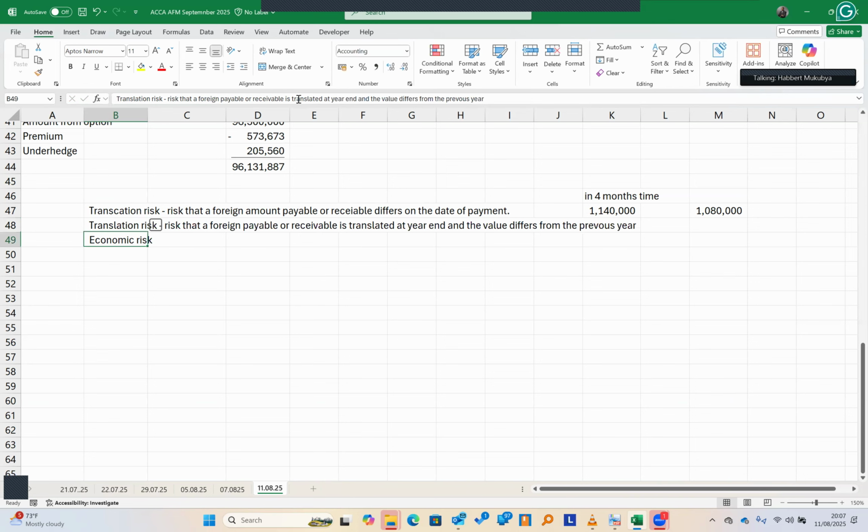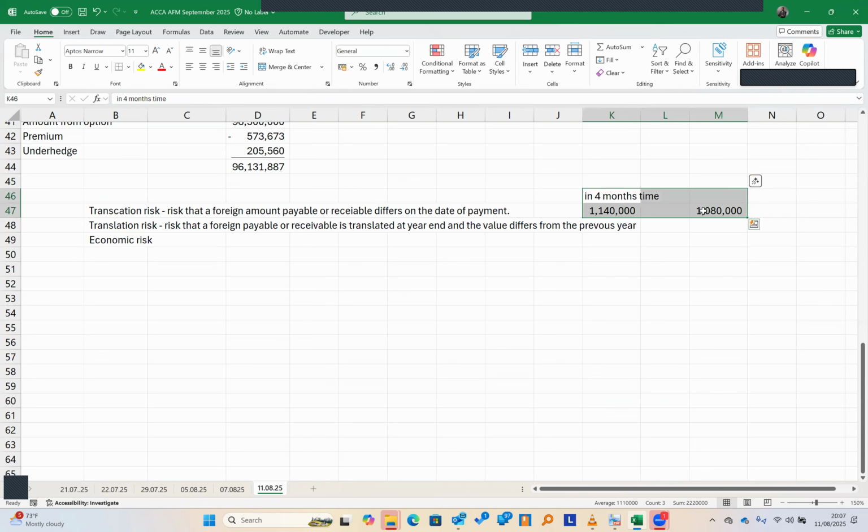Basically, it is the same thing as transaction risk, except that we are not settling this balance. It's just that we are writing that in our books we have receivables of 1.14, and now they are receivables 1.08. And when this happens, usually we recognize what we call a loss on foreign currency, but it is